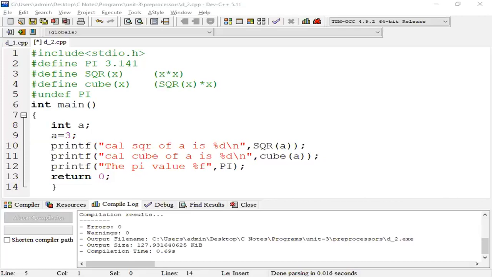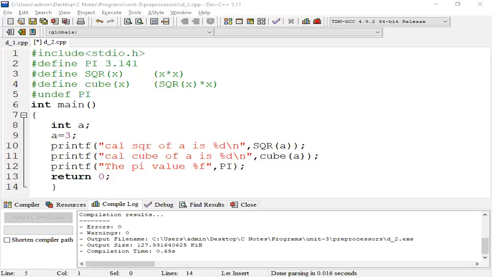Hash include stdio.h, conio.h and stdlib.h are header files, meaning files previously defined by the compiler, that are included into the current program with this statement. We followed this syntax from the first class onwards. By using include, we can include header files, meaning already defined files, into our program.